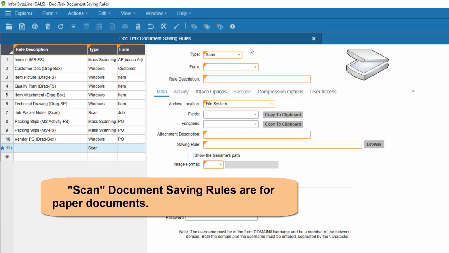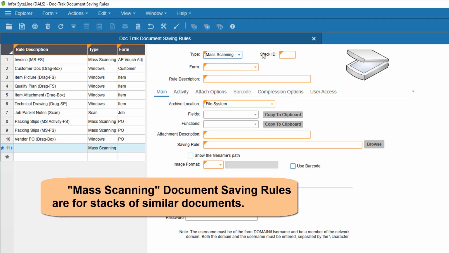Scanning document saving rules can be used for paper documents, either generated internally or received in the mail. And mass scanning rules can be used for stacks of similar documents that can be attached to multiple Sightline records in a single process.